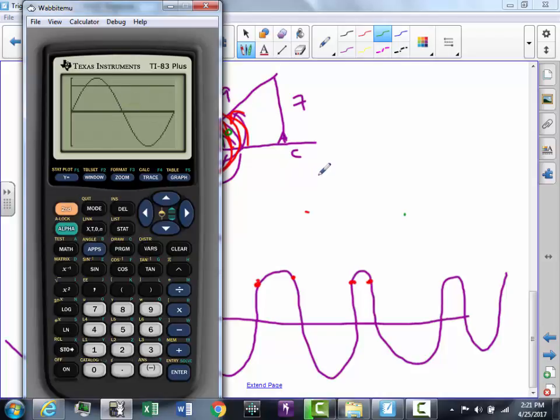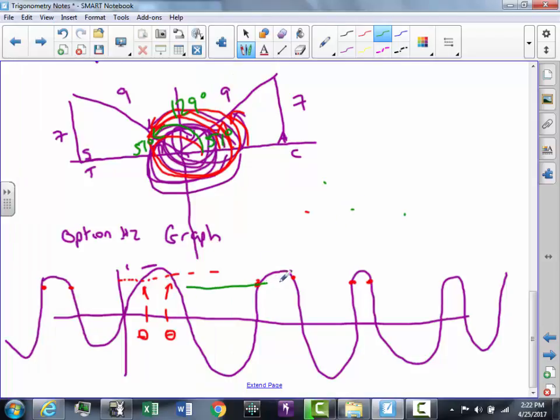Well, what you could do is, if you don't like this unit circle stuff, you could graph it. You could go second calculate intersect, and you could find where it crosses. Well, it crosses many times. Here, it crosses at basically 129 degrees. Exactly like I predicted the other way, right? I won't bother finding it, but hopefully you'd agree that one there's got to be 51, right? But are those the only two places this graph will cross? Well, no, because it would cross over here and over here as well, implying that it goes around the circle